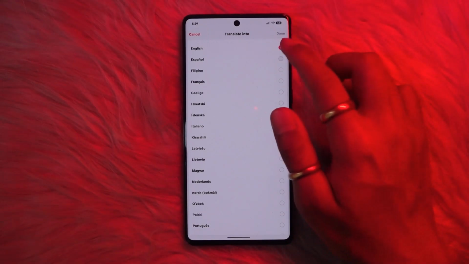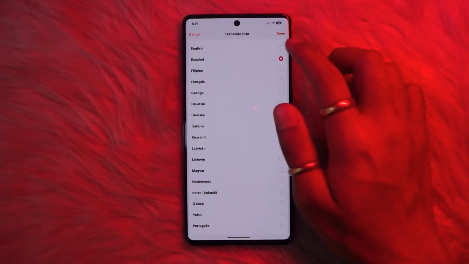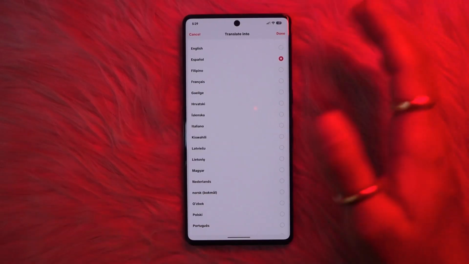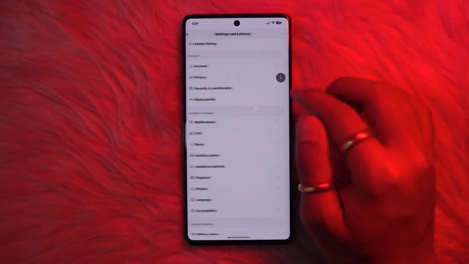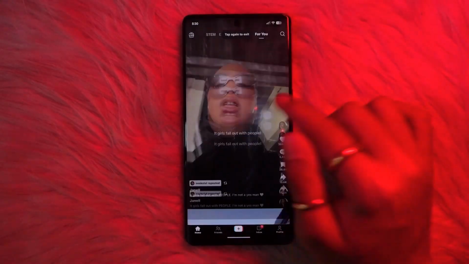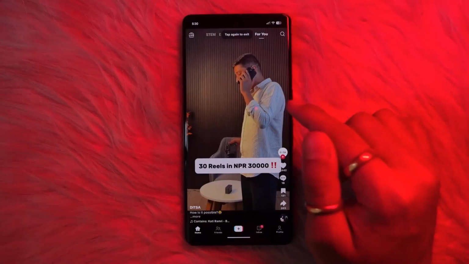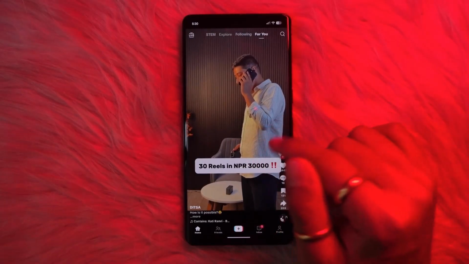Now once you select it, as you can see, the done button just showed up on the top right. Go ahead and tap on it, and the videos that you see will be automatically translated to your specific language